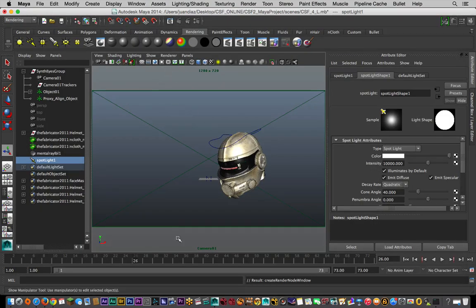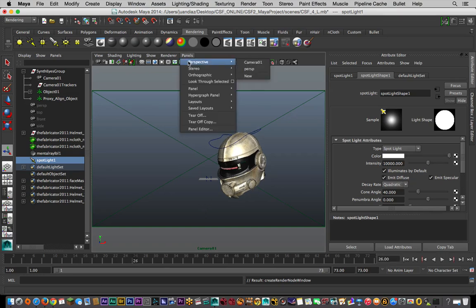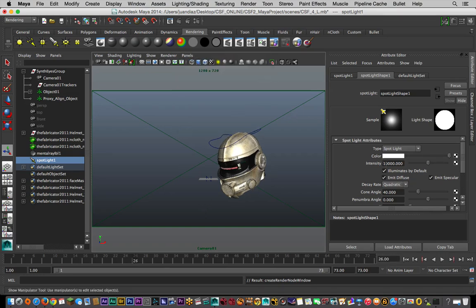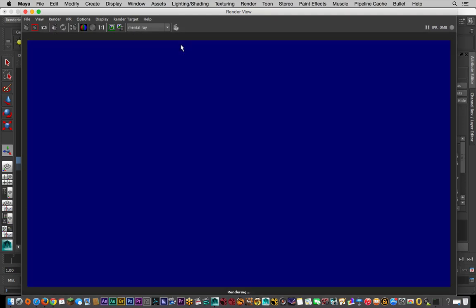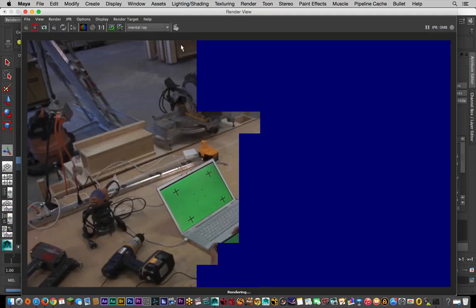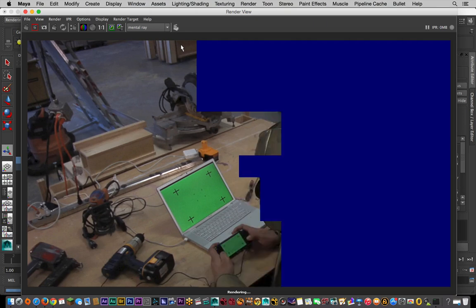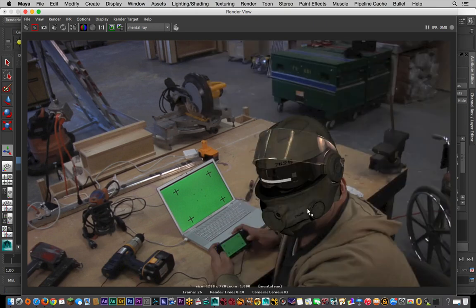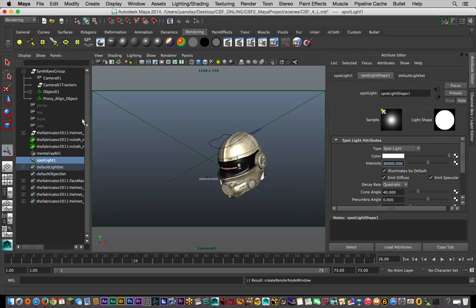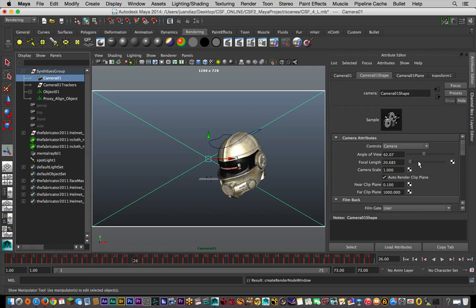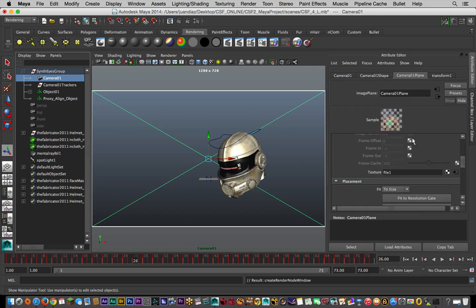So let's go. Actually, I think I moved my camera. So let's make sure that I'm in camera 1. And instead of that, let's do 30,000. Render out again. Okay, I can see that my image plane is not moving. That's because when I set up my image plane right now, I didn't tell the image plane that it's supposed to be